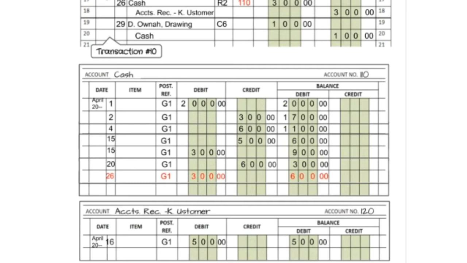Then we move on to accounts receivable. So our date, G1, it is a credit of $300, which means we're subtracting. So 500 minus 300 is 200. That means the customer still needs to pay us $200, but they've already paid us $300 of their bill. We take our account number 120, we put that back up in the post-ref column, and then we move on